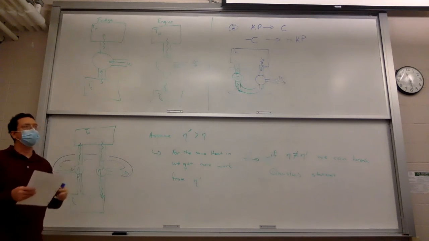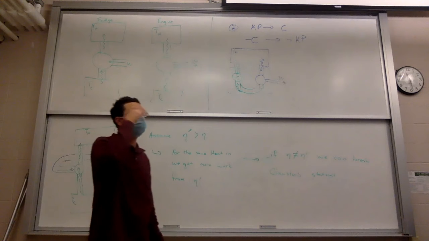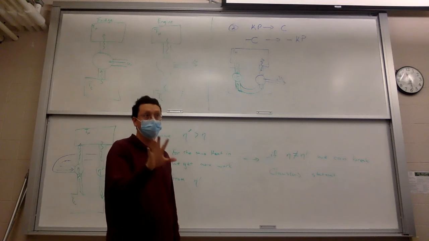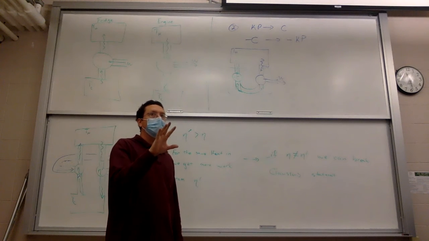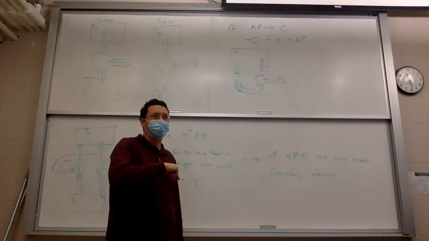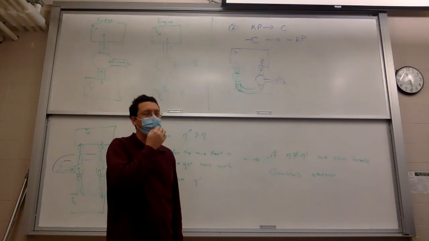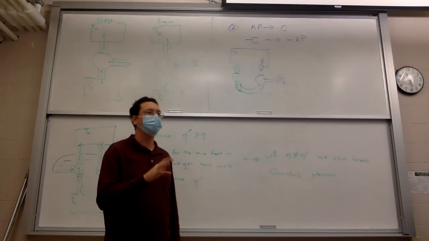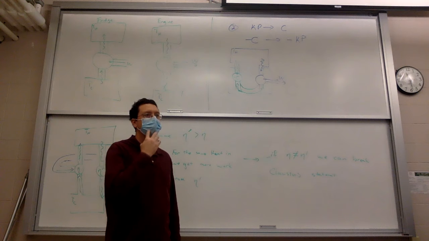Well, these are Carnot cycles. Carnot cycles are reversible. They can't happen in practice, but they don't break a law of physics. They just don't happen. There's no examples of something kind of like this happening.